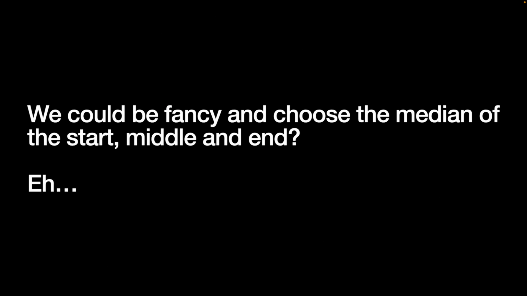We could also be pretty fancy and choose the median value, that is the middle value of the start, the middle, and the end of the array, or some strategy based on medians. But there's a solution to this. Some clever chap figured out that you can pick a random element as your pivot, and this makes the analysis much, much easier and also gives you a bit of a hedging effect against encountering an already sorted or a reverse sorted